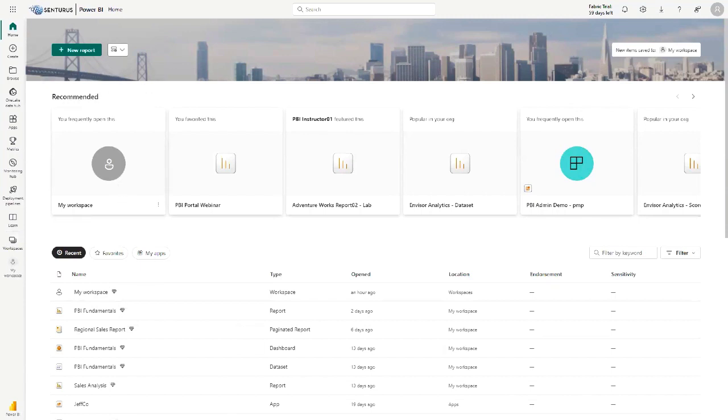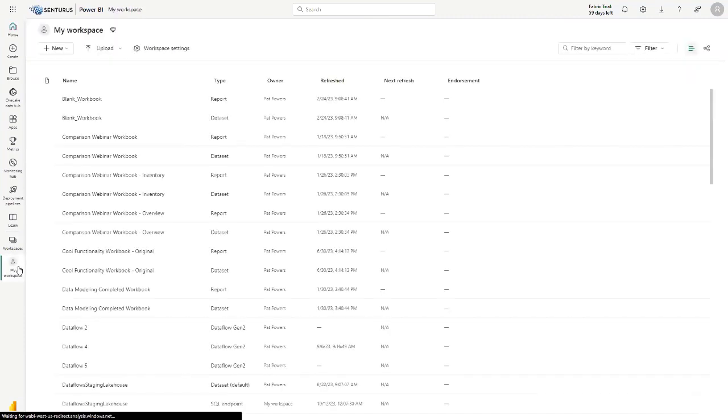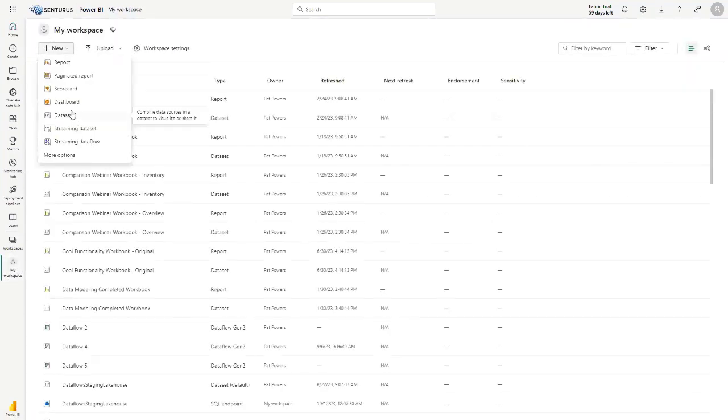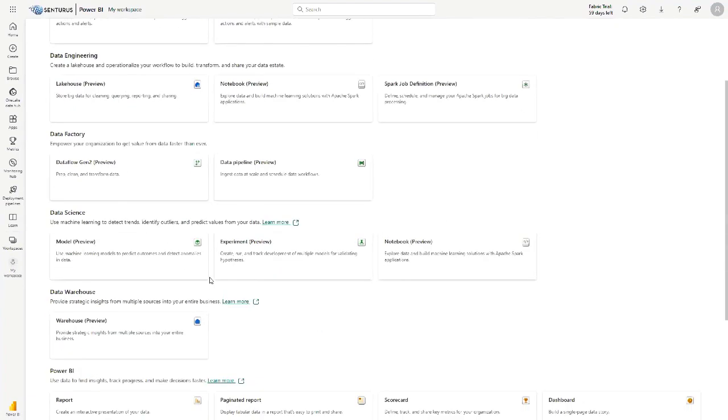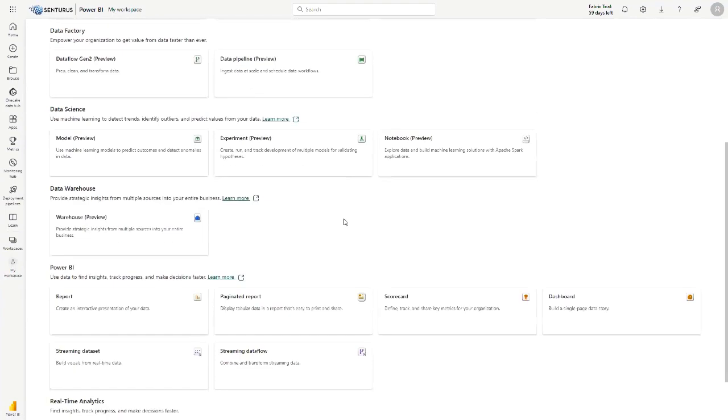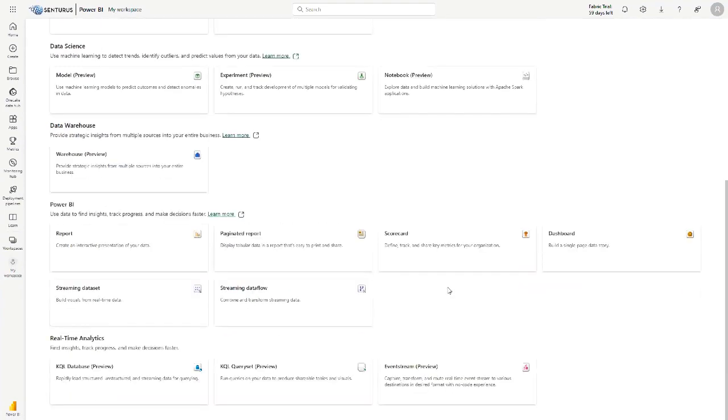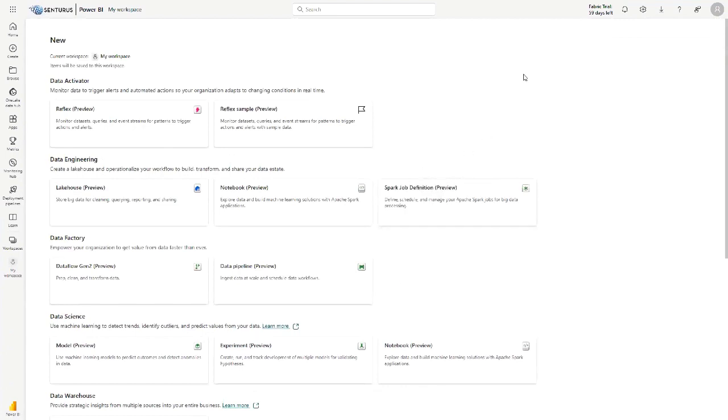All right. So I'm going to go into my workspace. And what I would do is I would want to create a new, look at all this stuff I have access to here. Okay. Got a lakehouse, a notebook, a Spark job, a data flow Gen 2. I've got my data science. Again, one-stop shopping. There's my KQL. There's a KQL query set. Here's an event stream. It's all in one place. This is cool. So I would go ahead and I would create a lakehouse.